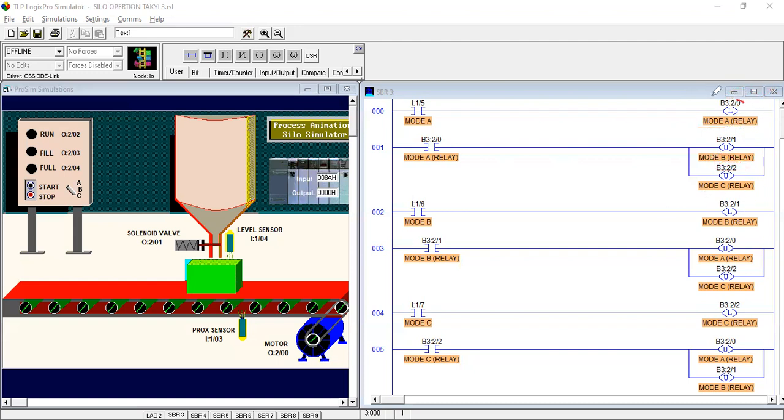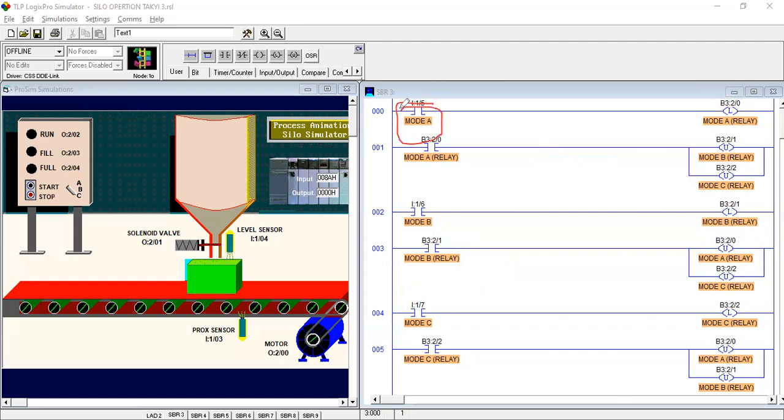So here we have this latch addressing instruction. In this mode, in the B mode, we have the unlatch of the same address. Once you latch any kind of address, you must unlatch that address.